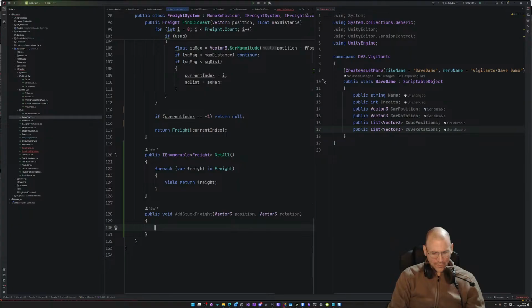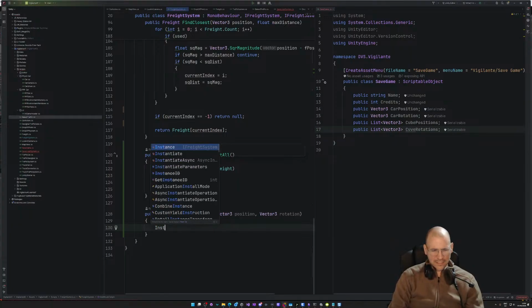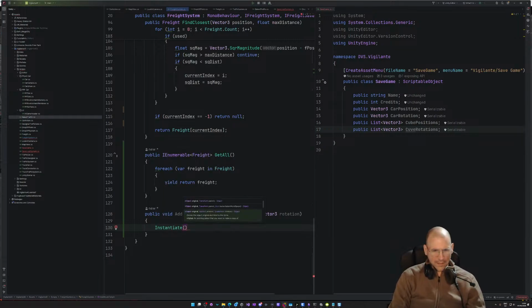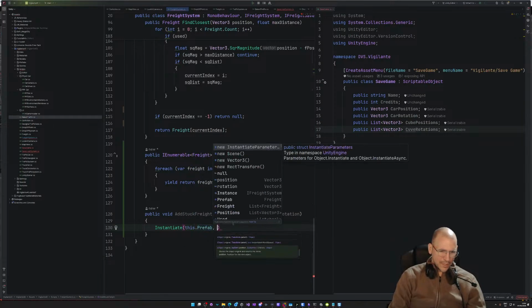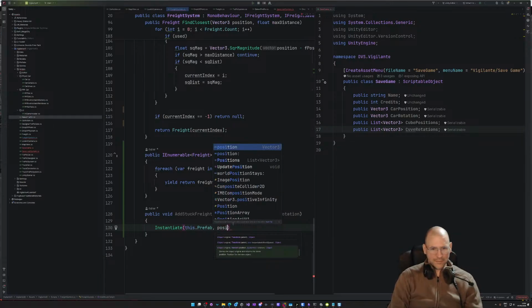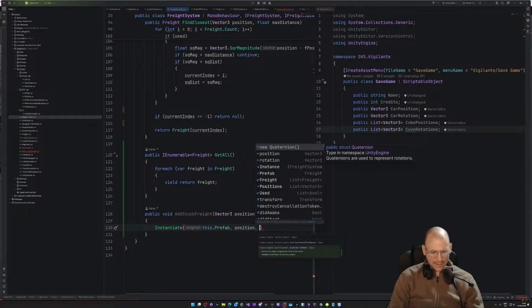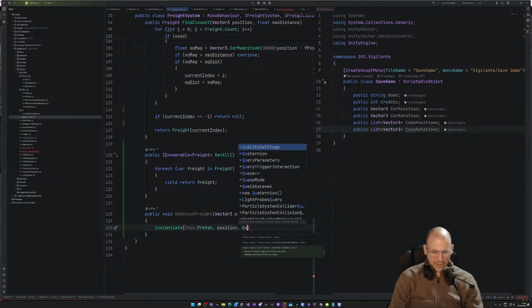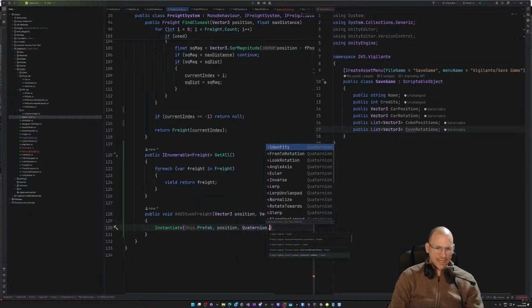All right, in this case, we're just going to instantiate, and we need the original, which is going to be this.prefab, comma. We need the position, which is going to be position, and then we need the rotation, which is going to be Quaternion.From